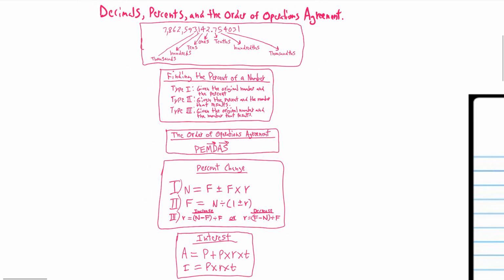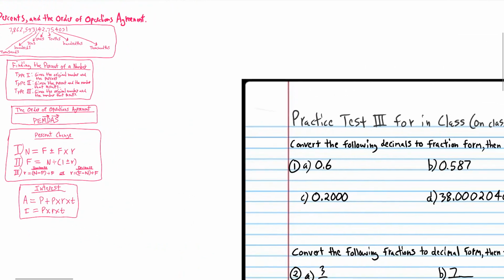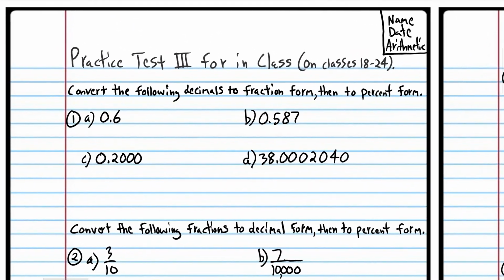So I want you to take a screenshot of this page, because these are some of the formulas that we're going to use. As you can see here, we have finding the percent of a number, and we have your place value chart, which we're definitely going to need, and we have PEMDAS, the order of operations agreement acronym that helps us determine the order of operations: parentheses, exponents, multiplication, division, and so forth. And we have our percent change equations and our interest formulas. So get a screenshot of that, and today we're going to do a practice test,